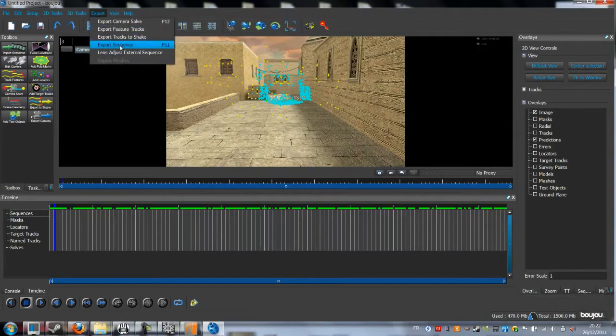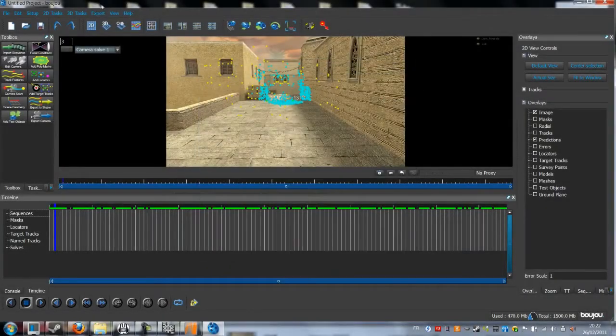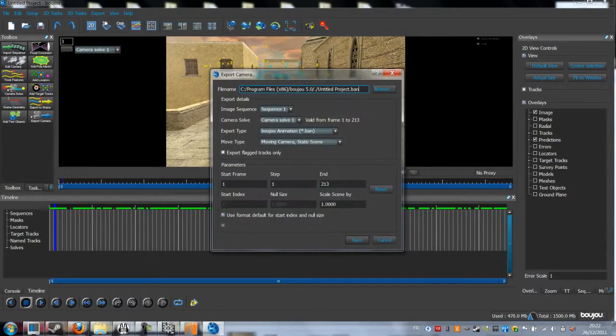Now we have to render the sequence in Boujou and save the tracking. Click on Export, then choose Export Sequence, render it. After, click again on Export and choose this time Camera Solve.